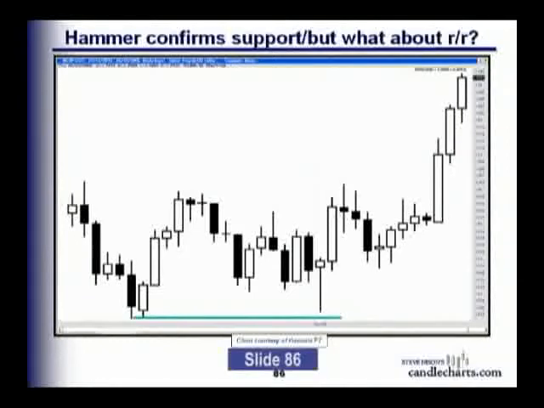Okay, here we have a hammer confirming support. Now, I could tell you that this hammer is great. Look how nicely it worked out. Look how the market rallied after. But in the real world, when we're going to be trading, when you see that hammer, what about the risk reward? Is that a hammer that one should be buying on? No. Because the risk reward,